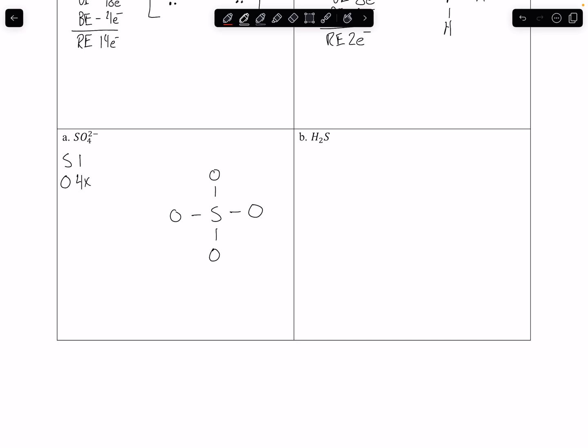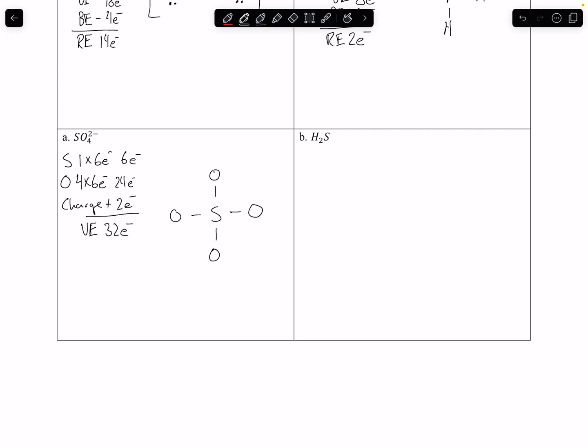There's 4 oxygens. Each oxygen has 6 electrons. Each sulfur also has 6 electrons. So it's 6 and 24, plus a charge. 2 minus charge, so I add 2 electrons. So that'll be 30 and 32